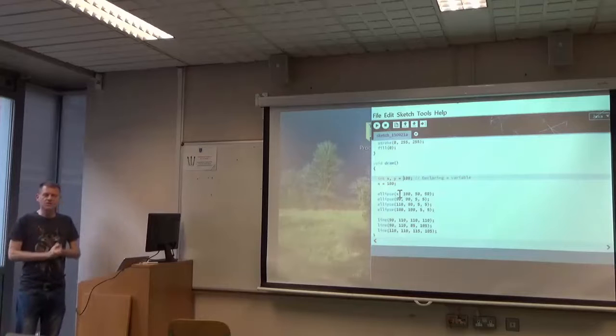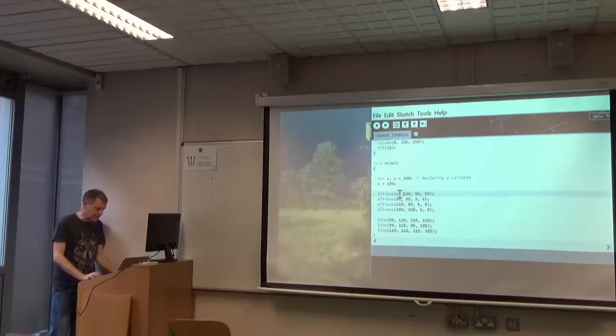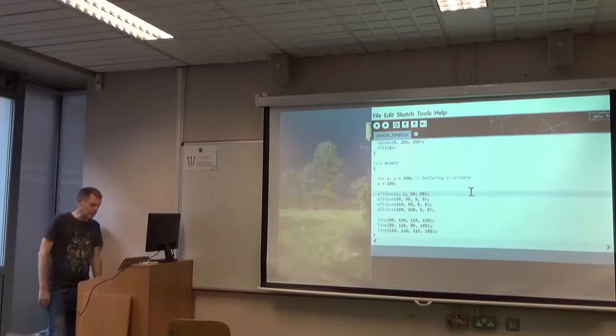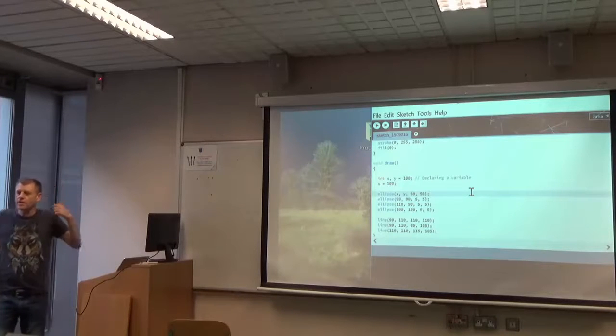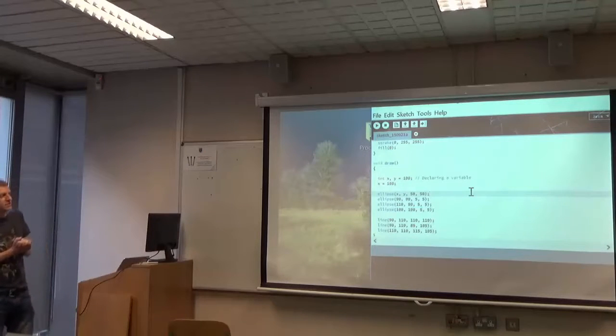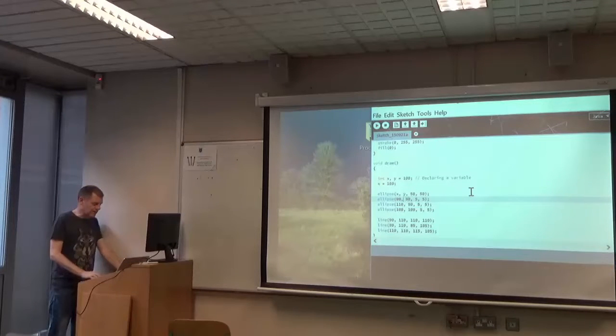So the values for x and y now are both 100. So I can take my x here and I can replace 100 and 100 with x and y. And it's just going to retrieve the value of 100 and use those in the place where I have 0 and 0. Okay, next thing I might want to do is take this value of 90